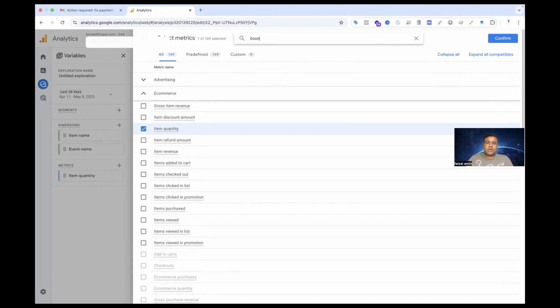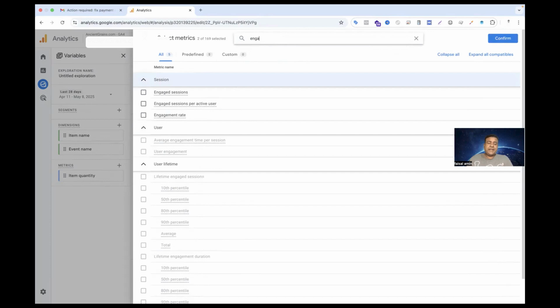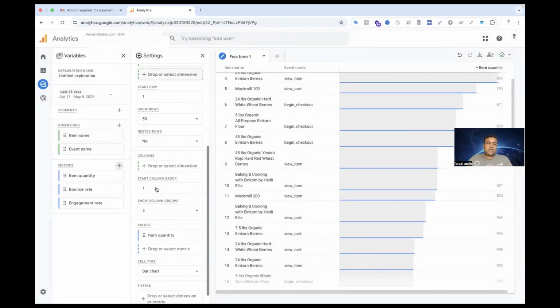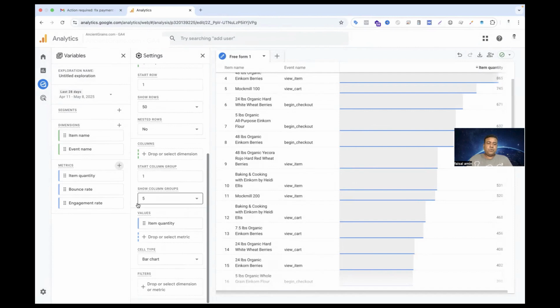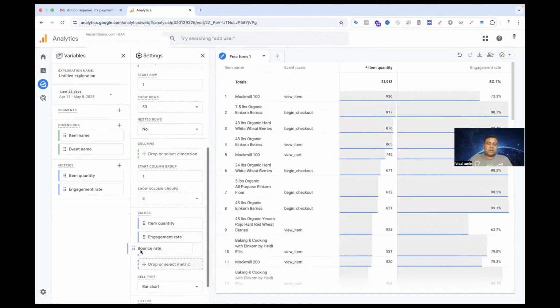So now I am adding the bounce rate. So select it, and also engagement rate. You can select on it, confirm, and also you have to put the metrics on your value section. Here you have to put in the value section, engagement rate, and also the bounce rate,